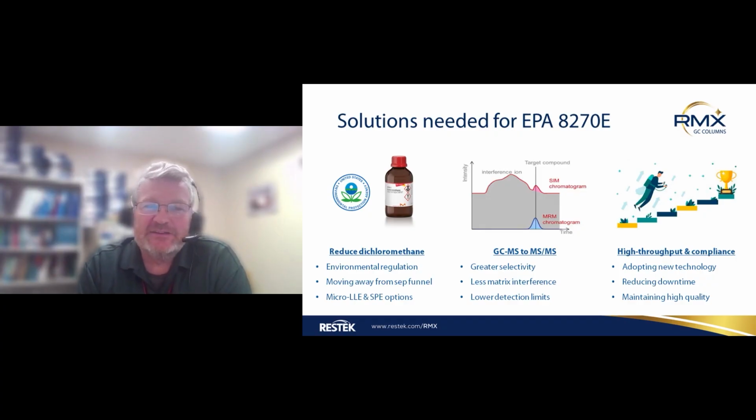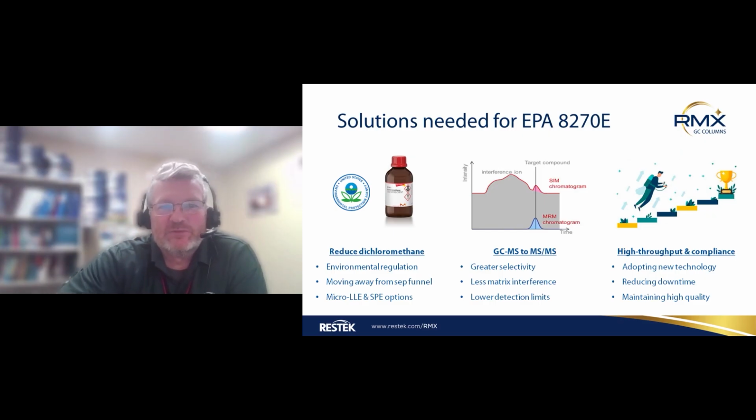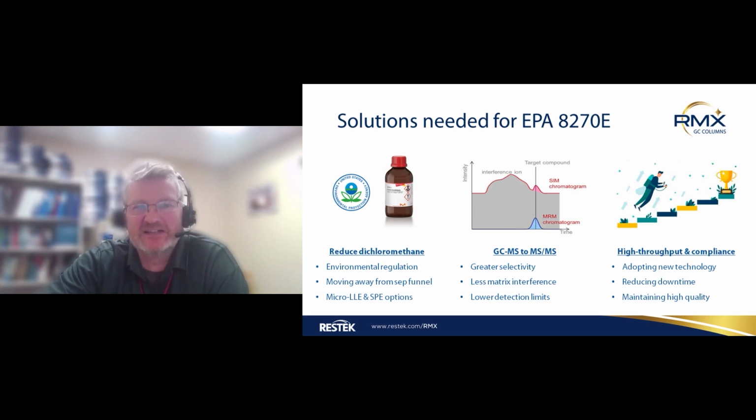So again, the kind of thing that we're looking for is reducing the amount of methylene chloride usage. Currently with the 8270 method, when we do extractions, we're extracting up to 180 mL using a liter of water, which would be our sample. We can drop that down tenfold or more if we can see compounds at lower levels on column. That's the goal for this particular column stationary phase, to be able to see active analytes at extremely low levels, and that's picogram levels on column.